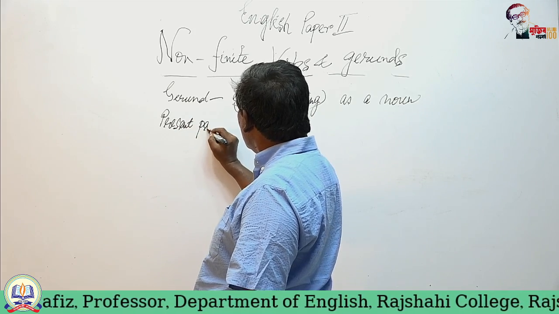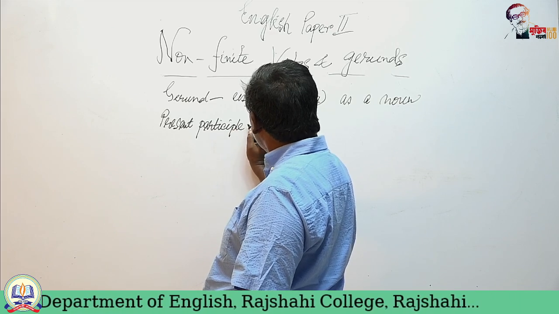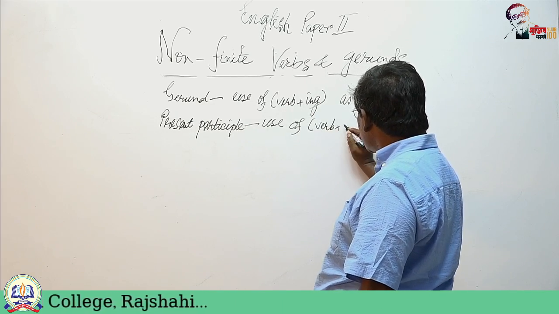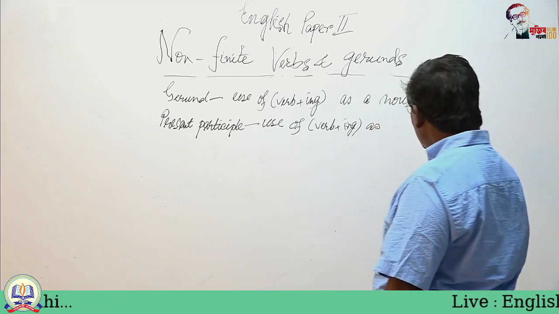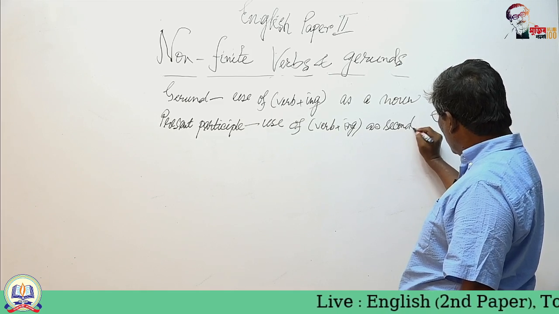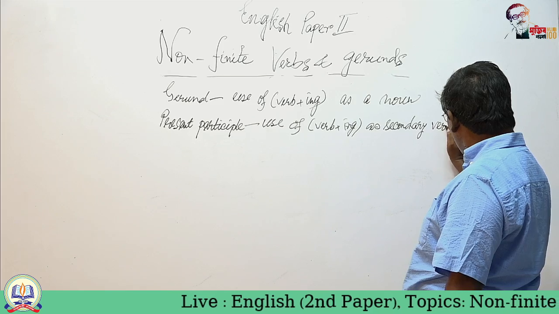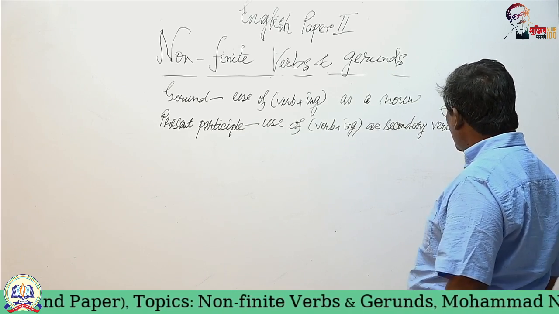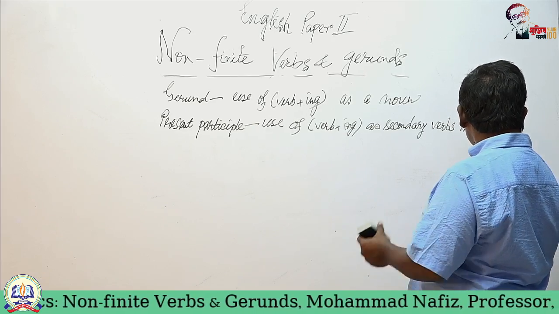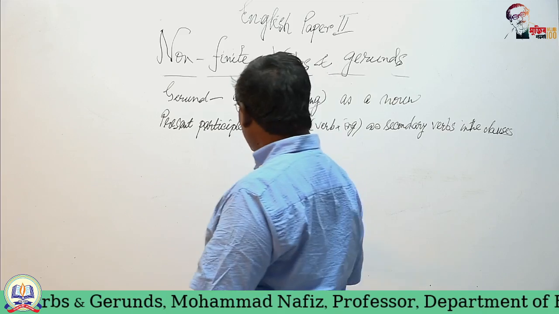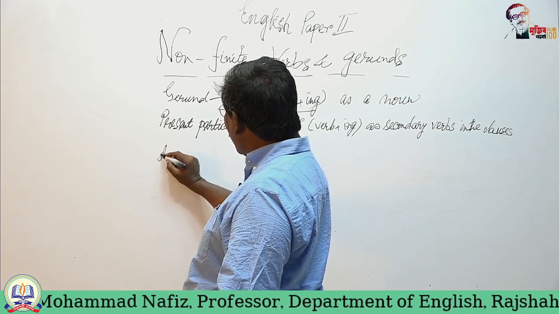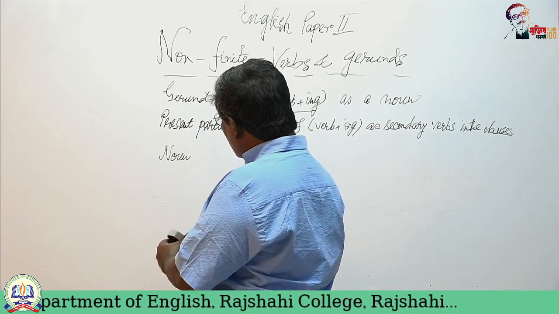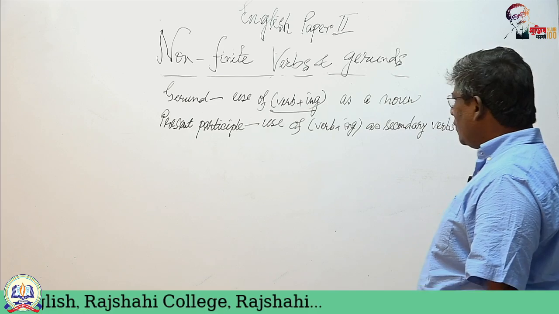Present participle means use of verb plus ing as secondary verbs in a clause, as secondary verbs in the clauses, and we sometimes also have such use of verb plus ing as adjectives, noun adjectives. Well, noun adjective means gerund. For example,